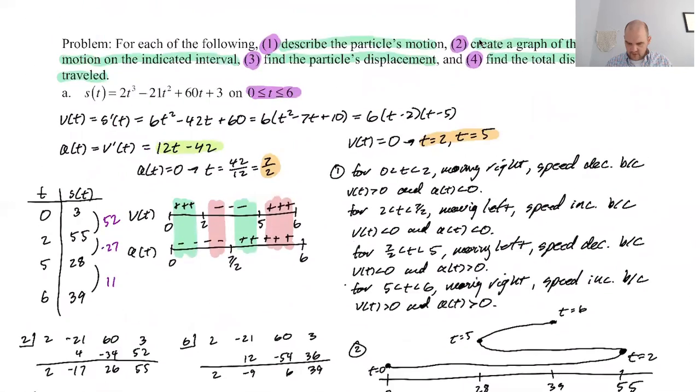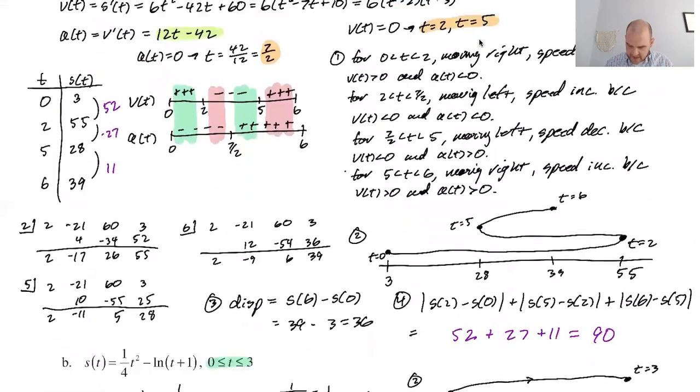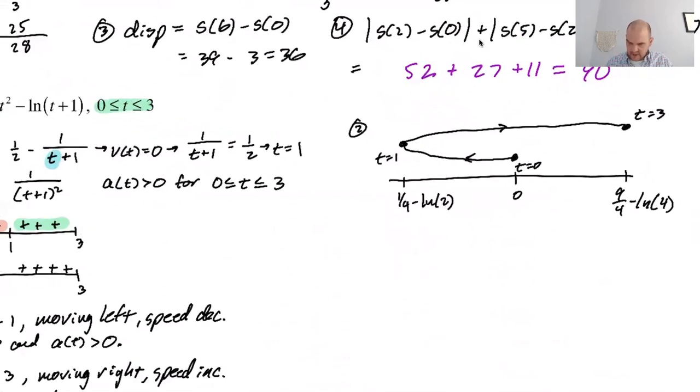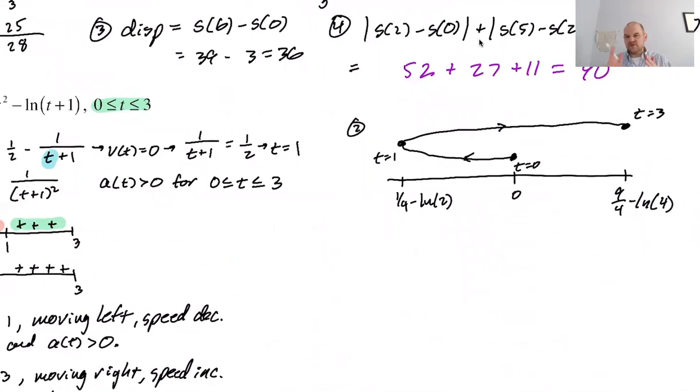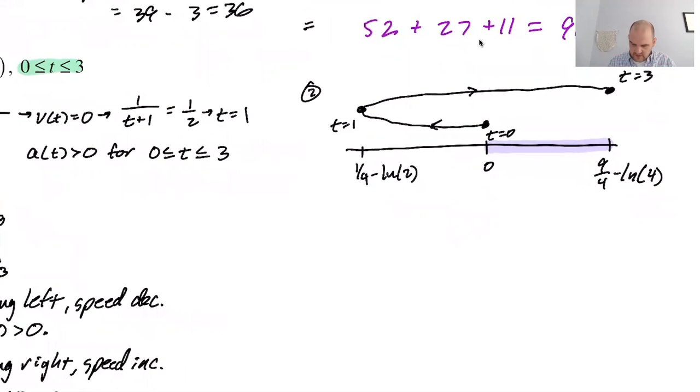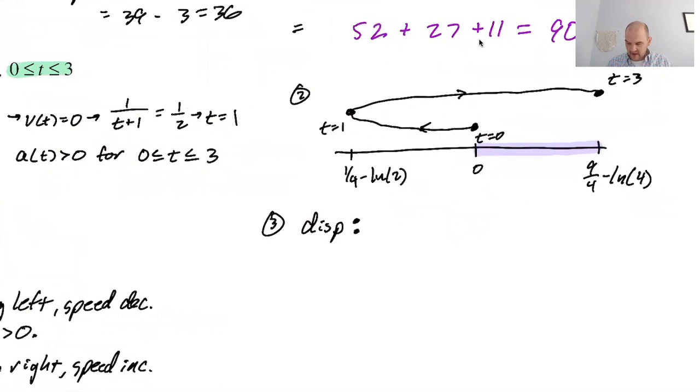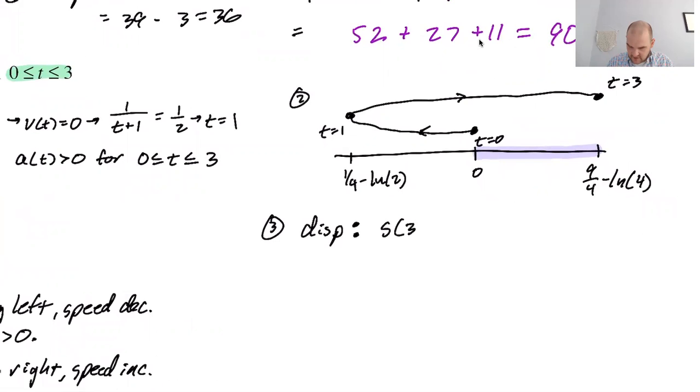Number 3, what we got to do, particle's displacement. Displacement is going to be the easiest thing that we find, right? So displacement is the difference between where you started and where you stopped. So on this little thing here, our displacement is actually this, right? That's how far you are from where you started, and you're further to the right. So it's just going to be our displacement, which I guess you could say is like your delta S or something. I don't really have a good notation that I like to use for it. So I usually just write displacement is going to, in this case, be S of 3, where we end up,